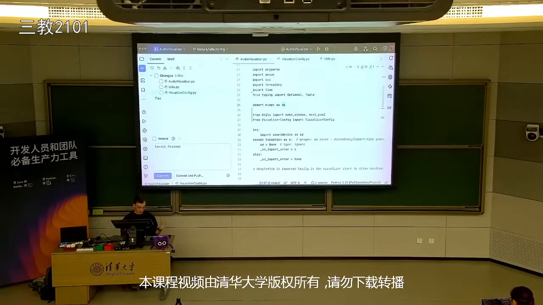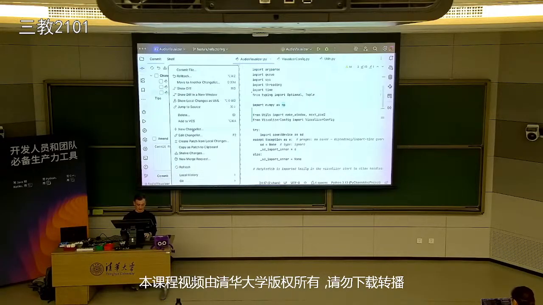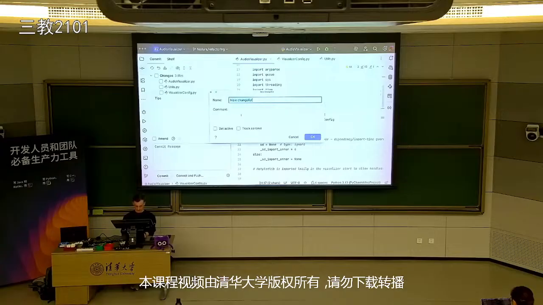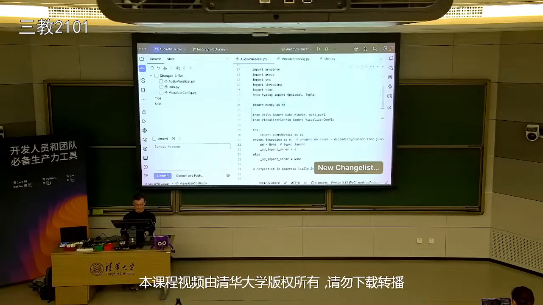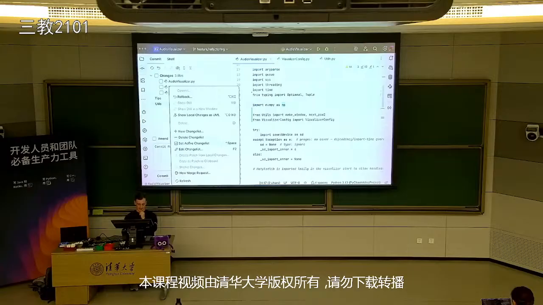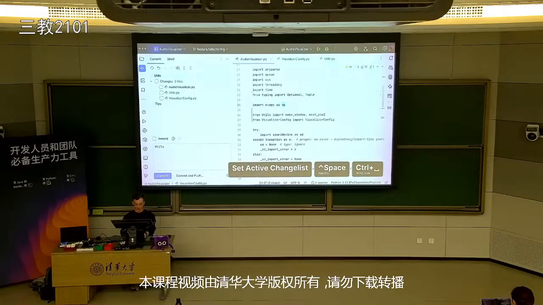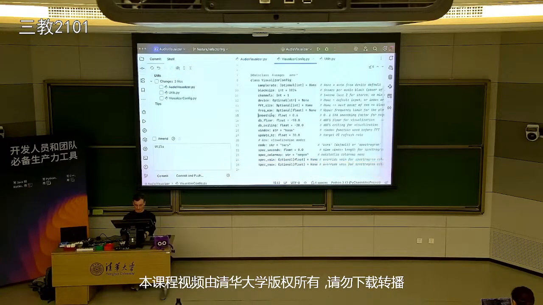There's a bunch of ways to do this. First, I could have realized before that I did one change: I moved the visualizer config into one file. Then I could just create a new change list. Now I'm going to call it utils. What that does is create a new change list in this commit window. Now if I set this as the active change list, all the changes I do from now on